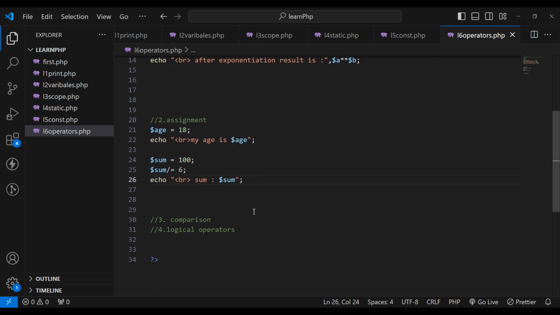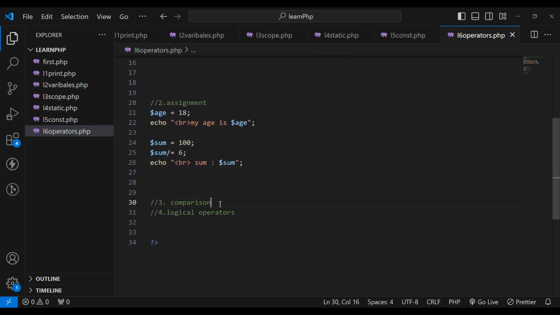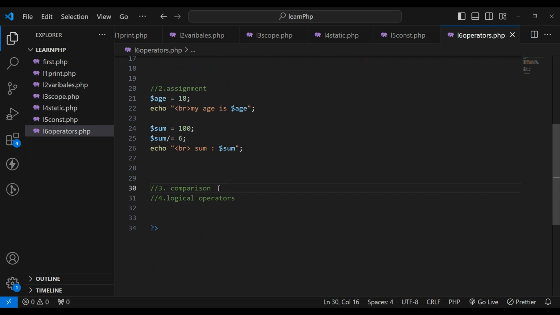So now the third one are the comparison operators. Comparison operators are the operators which we use to compare two values. Let me take two variables again. Let us take $p equal to 70, $q equal to 6, or something like that. And if we want to compare two values, then we use comparison operators. For example, if you want to check whether p is equal to q,